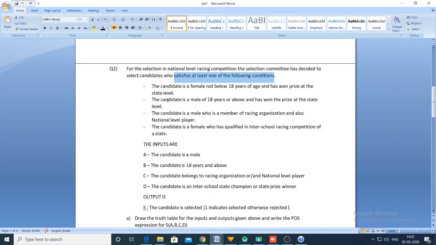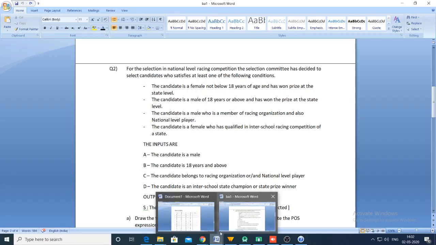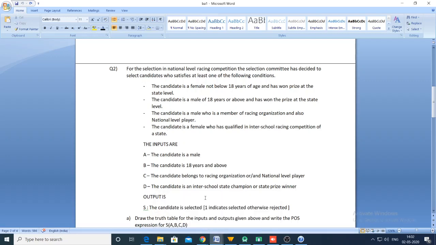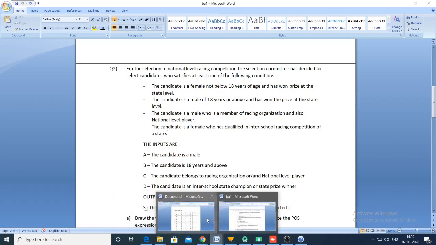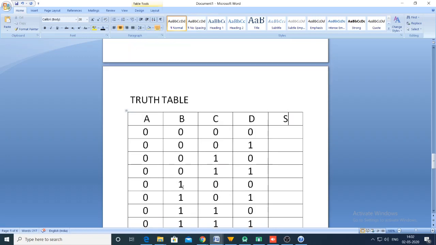So it means it comes in the form of: if the first condition is 1, then the result is 1. If the second condition is 1, then also the result is 1. And if the third condition is 1, the result is 1. So if any one of the conditions is true, the result is true. So it is like a logical OR operation. So we have to make the expression in sum of product form. In sum of product expression format style, we have to prepare an expression.